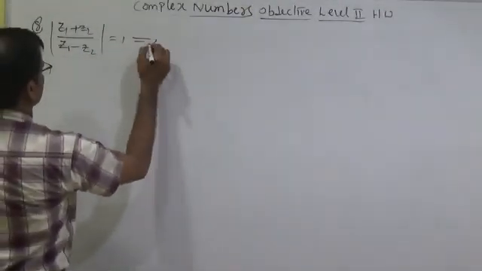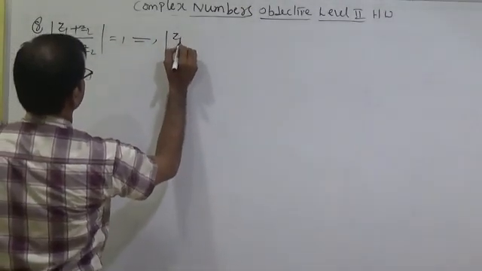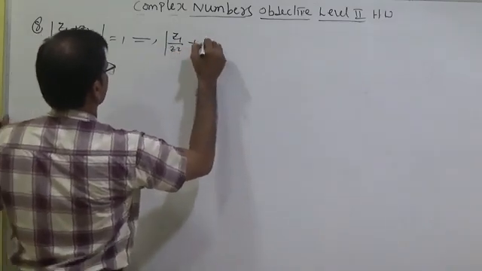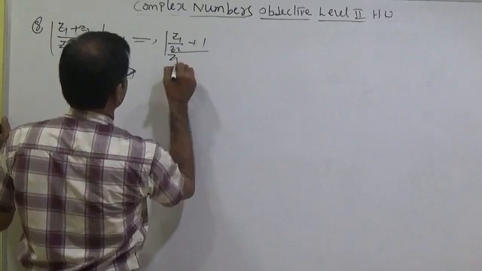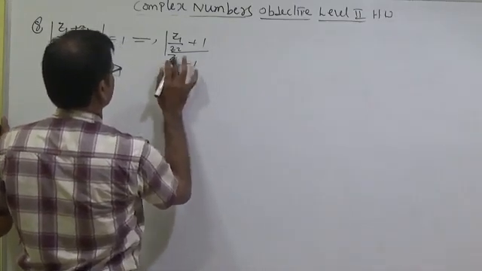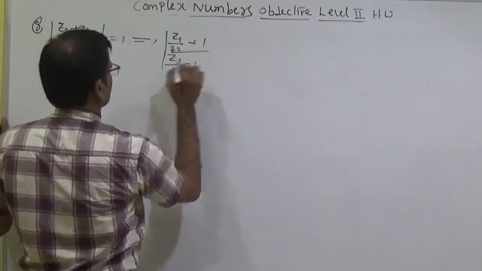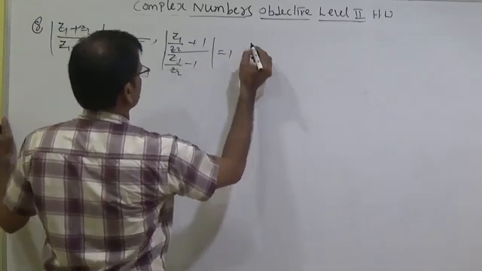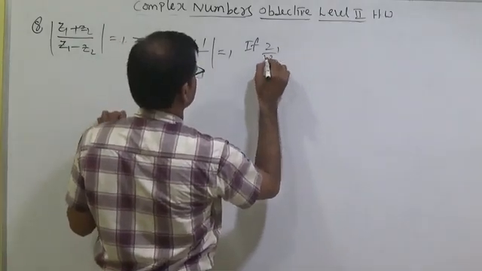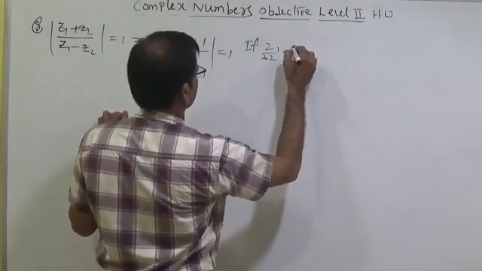Then what is the value of Z1 by Z2? Like this you can write modulus of (Z1 by Z2 plus 1) by (Z1 by Z2 minus 1) equal to 1. If Z1 by Z2 is equal to IB,